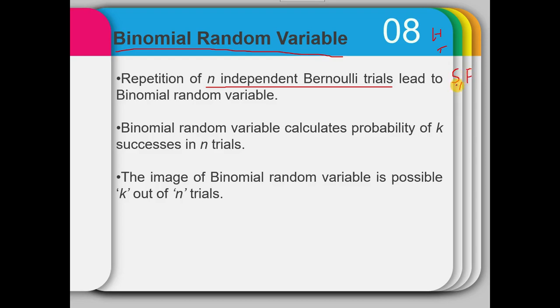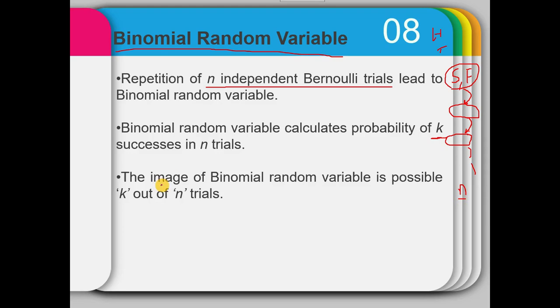Okay, so I have an experiment that has an outcome of success or failure, and then this experiment will repeat. So in the next trial I will again have a success or a failure, and it will repeat with a success or failure, and so on. I can have n different trials, or n number of trials. Now if I have a Bernoulli random variable with n number of trials, then calling it a binomial random variable means that in these n trials I am trying to find k successes. I'm trying to find the probability of k successes in these n trials.